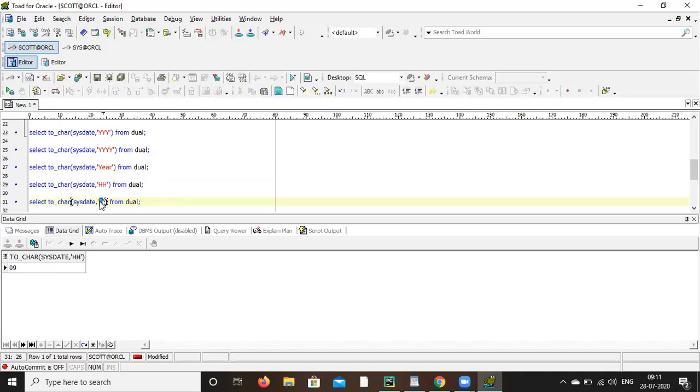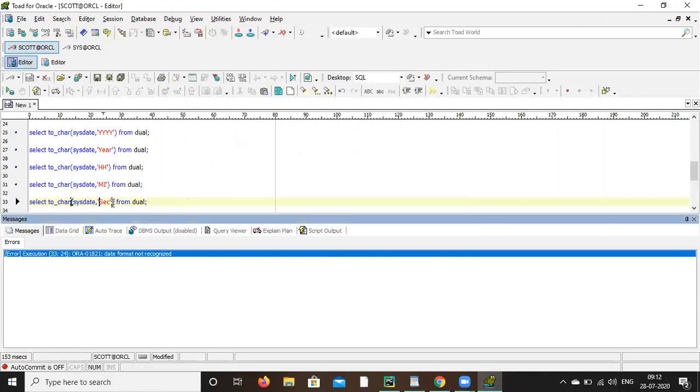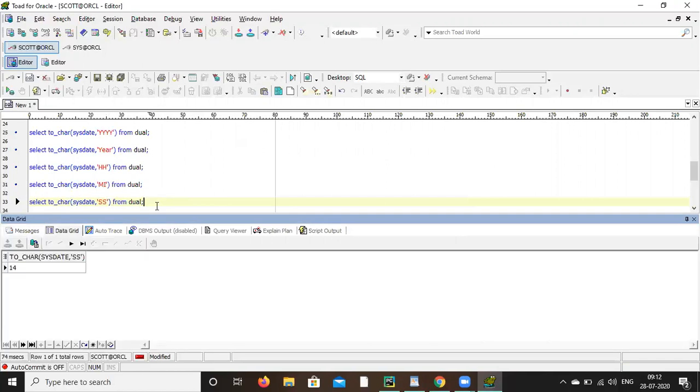And second is double S. Got it? So these are all about your formats.